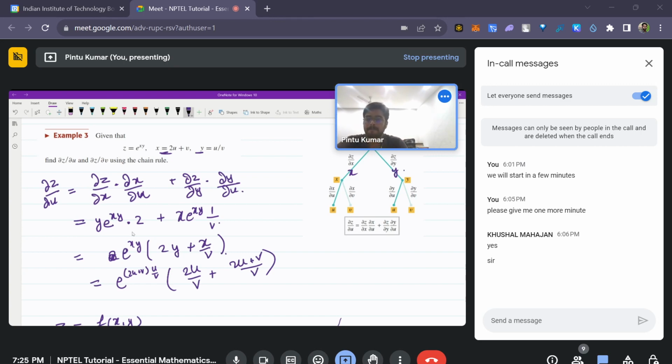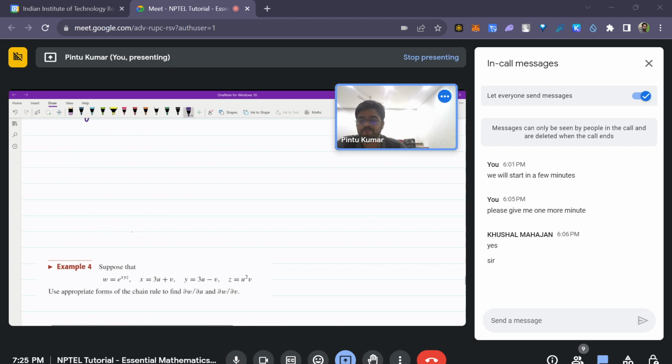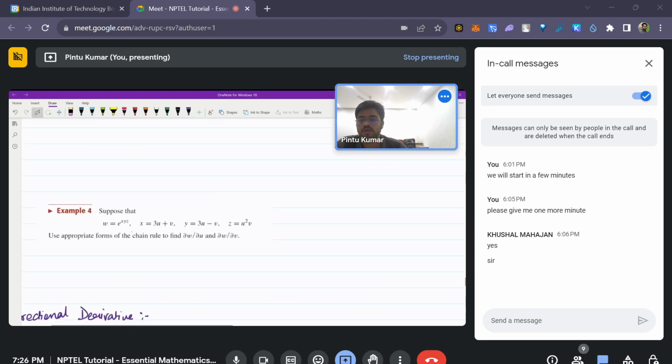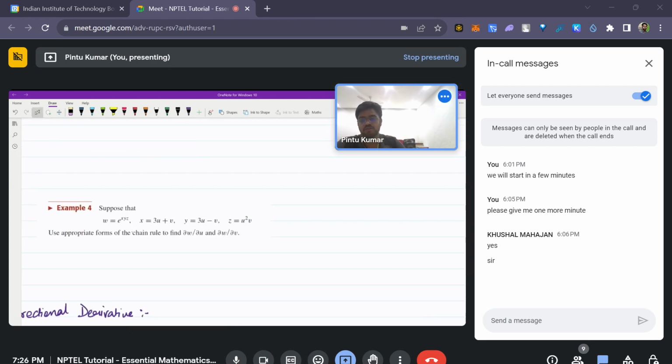So this is how you go about chain rule, right? Similarly, you can find when you have three variables too. So w is a function of x, y and z now. So del w by del u would be nothing but del w by del x into del x by del u plus del w by del y into del y by del u plus del w by,